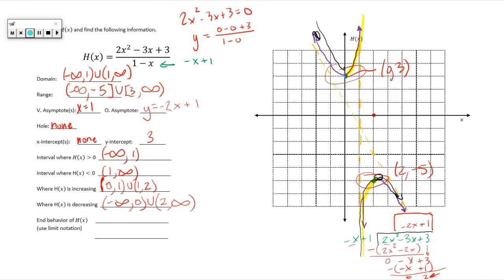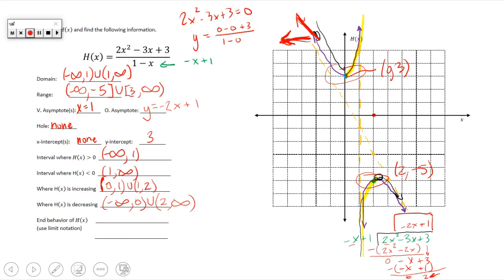But if you think about it, the bigger and bigger x values this way, the bigger x values this way. I can't see what I'm drawing, so hopefully that looks like an arrow. Man, y is just going to keep getting bigger and bigger, right? So we would say the limit